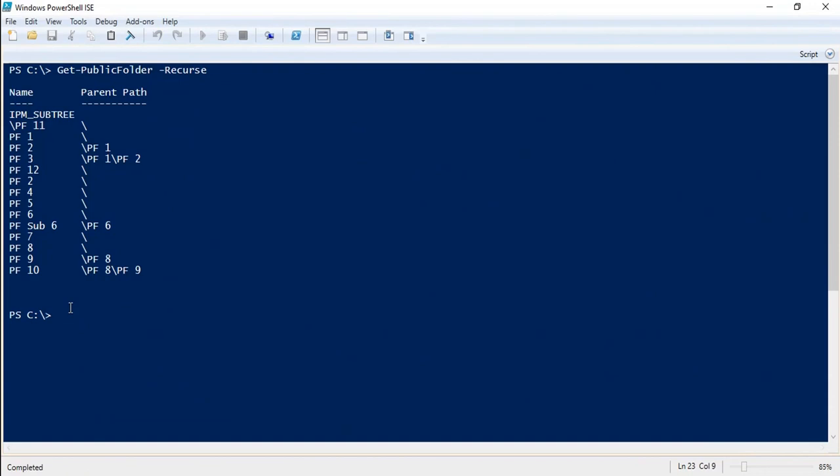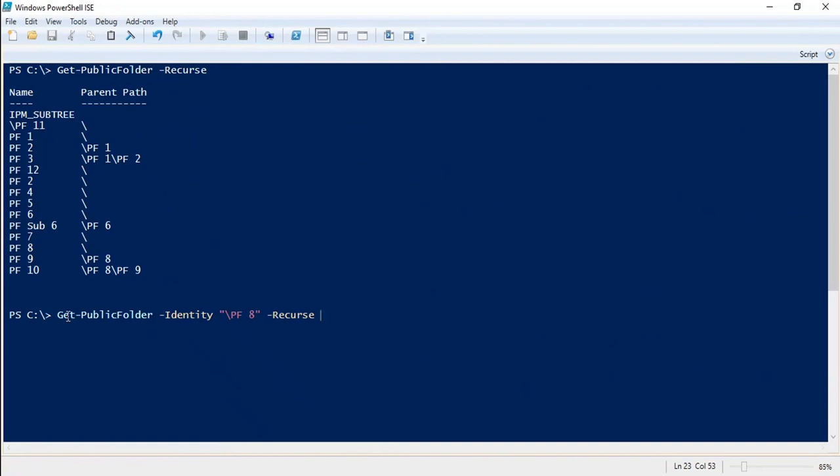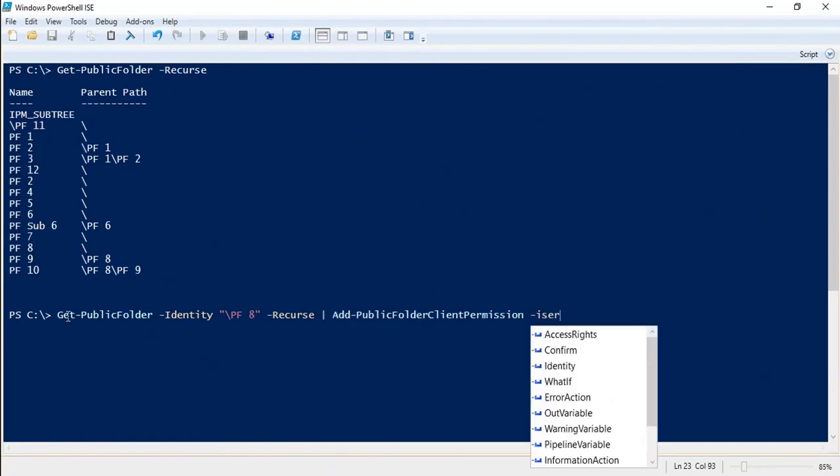Let's assume that you want to assign a public folder permission on a root public folder and its child public folders. For example, here PF9 and PF10 are the child public folders of PF8. So if you want to assign a particular permission on the entire hierarchy, for that you can run Get-PublicFolder -Identity. Within identity, you will type the name of the root public folder. After that, you will use the switch -Recurse, and then we will add the permission,